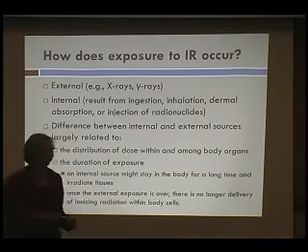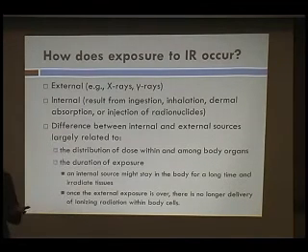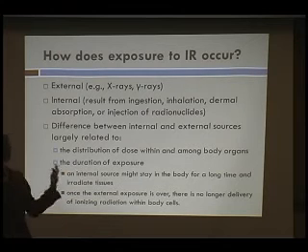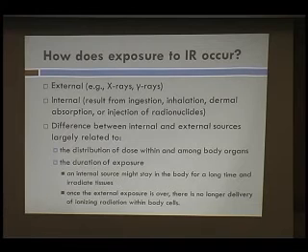And so next, I just want to talk about how exposure to ionizing radiation can occur. The broad two categories are external or internal. How many people here have ever gotten an X-ray? Okay, yeah, right. So that's the most obvious example of an external source. An internal source is a little bit different. That's when you're actually ingesting material that's contaminated with a radioisotope, or you're inhaling it, and then also some dermal exposure.